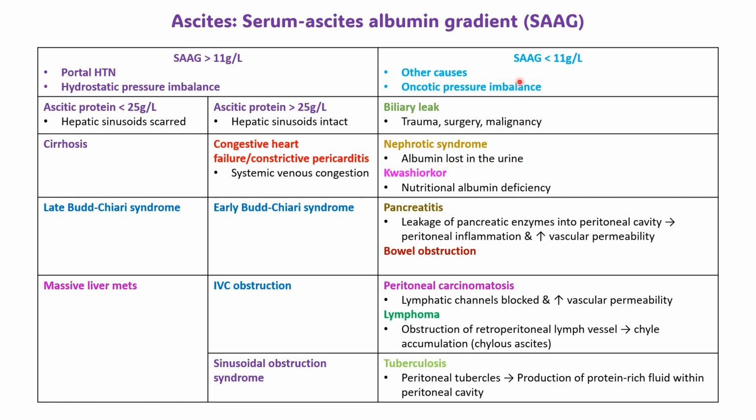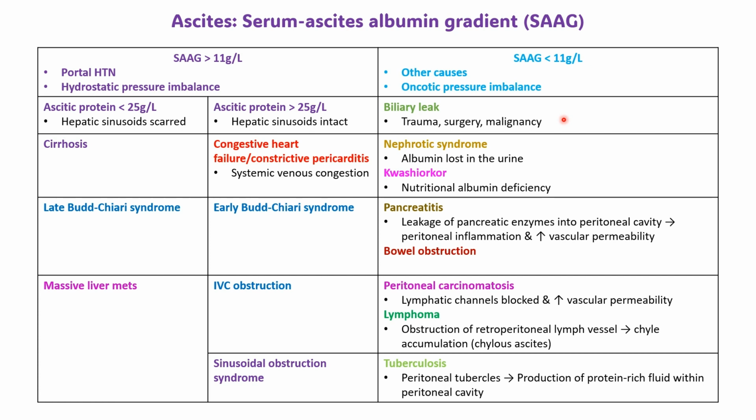Therefore, fluid from the peritoneal cavity can't return to the blood vessels, so you have a buildup of fluid within that space. So let's look at some of the different causes. One can be biliary leak, typically caused by trauma, surgery, or malignancy. And when we do our peritoneal fluid analysis, or ascitic fluid analysis, the colour can tell us a lot about